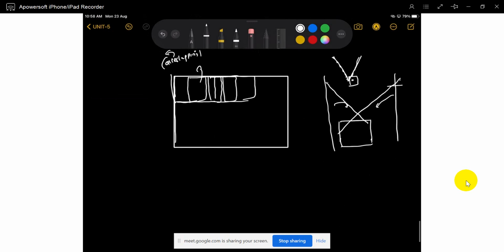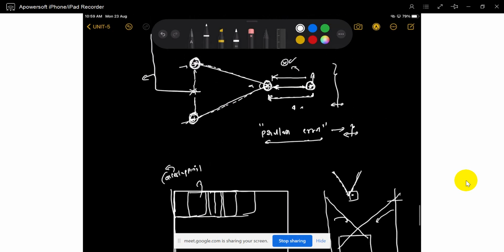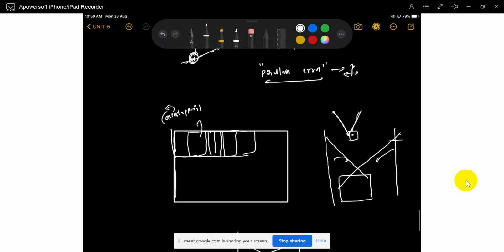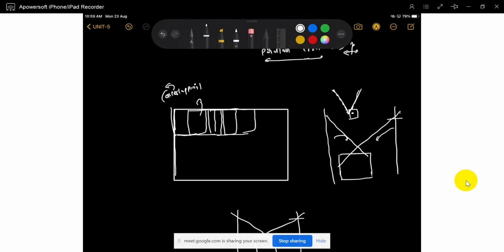Is that understood? Once again, this is one time and this is the second time: one time left perception, one time right perception. It's a similarity. One time positive, one time negative, like this. So for the same area we get two different photographs, one from the left side and the second time from the right. That is called overlapping. We require overlapping of the photographs.